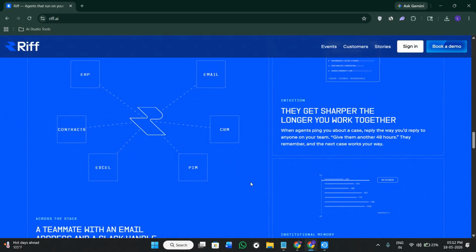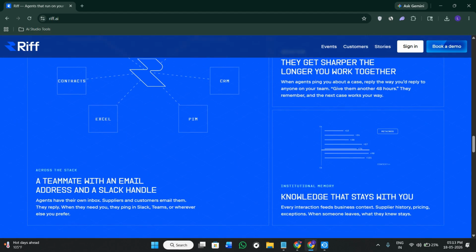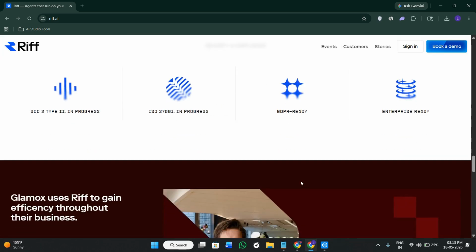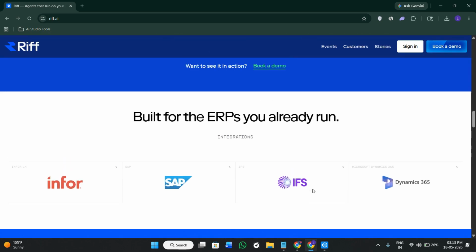Here, you can build AI agents, dashboards, workflow automations, and internal business applications, and it is going to connect with business systems like ERP, CRM, Outlook, SharePoint, and databases. The main idea here is reducing repetitive work using AI while still keeping everything connected to your real